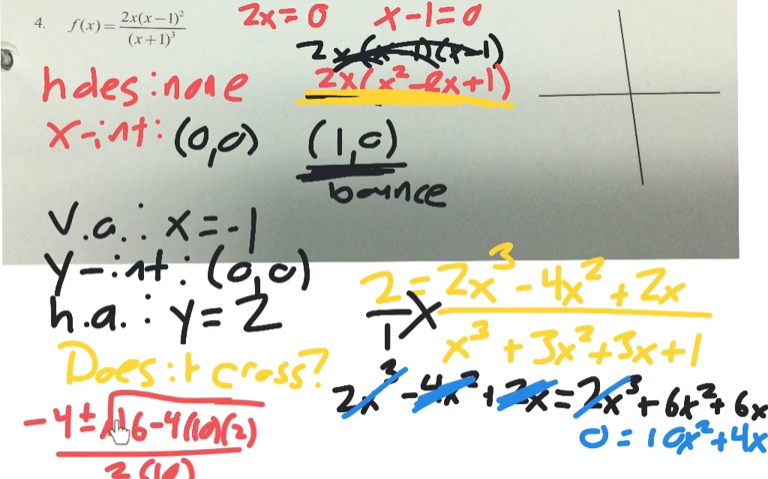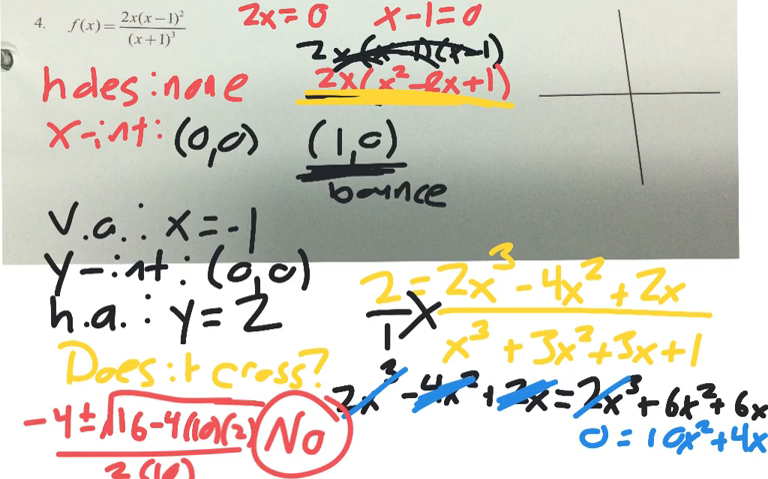Because I have a negative number underneath my radical, that's going to give me complex roots. Because they're complex roots, it's not really going to cross this horizontal asymptote. So the answer, does it cross? No, it doesn't. That was a lot of work for it not to cross. Anyways,